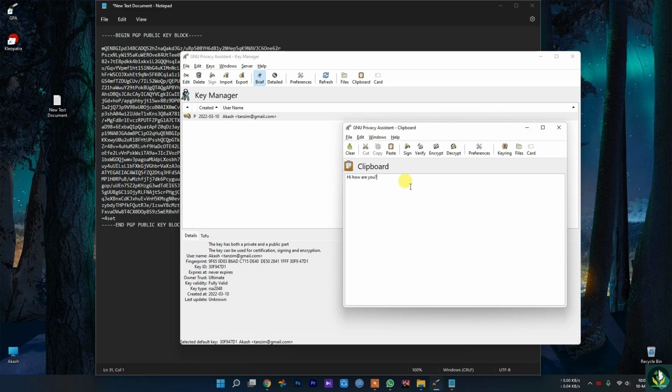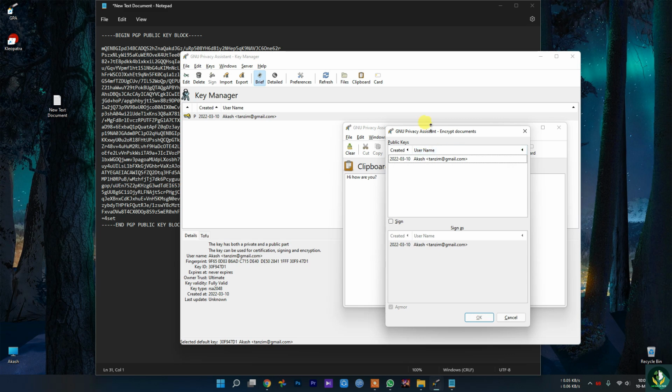That's the message they want to send, just a very simple message, and they are going to hit encrypt. Then they are going to paste your public key, and we already have this, so we are going to select it, and hit OK.